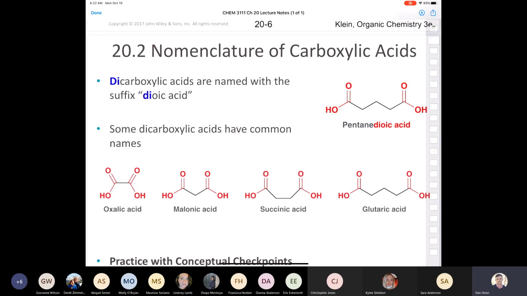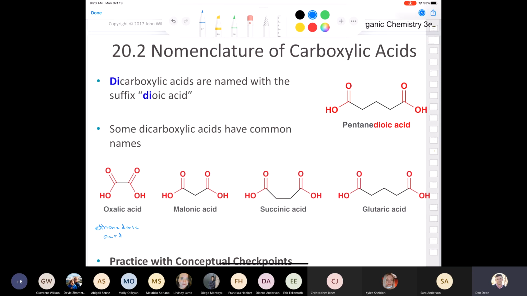If we have two carbons in a dicarboxylic acid, we call that oxalic acid. Now the IUPAC name for that would be ethanedioic acid. You're like, you need to write that down, Mr. Deon. Sure, it would be ethanedioic acid. If we have a 3-carbon